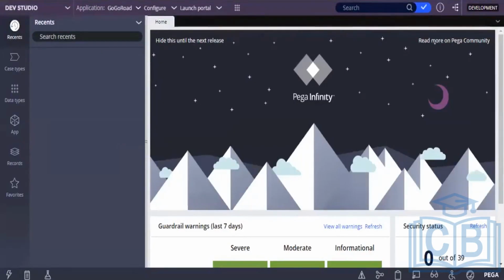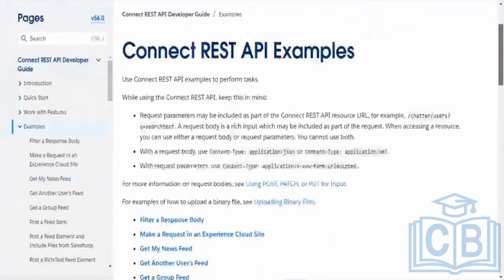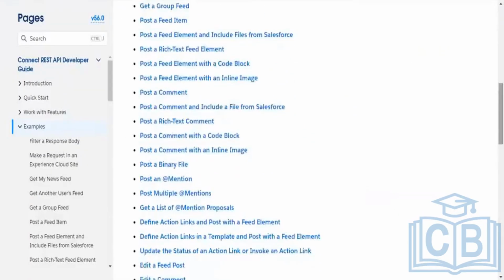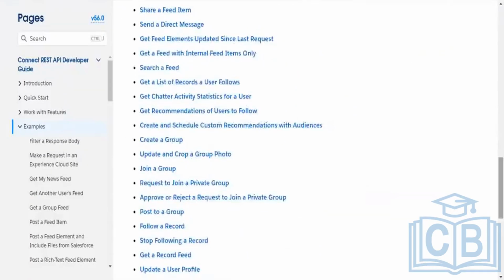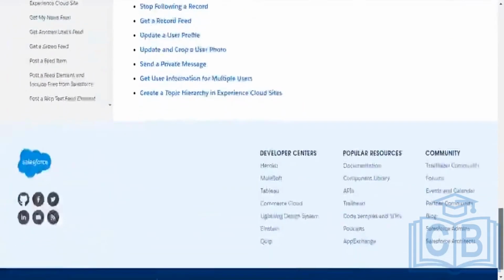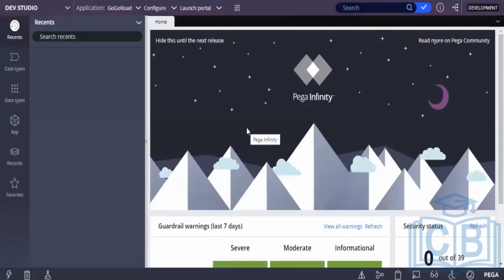You can search for sample connect REST. This is not a good site, so go back.